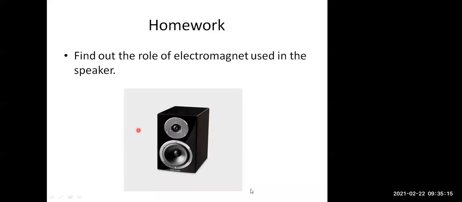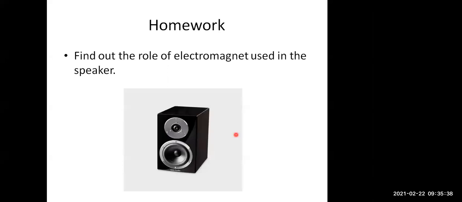Search on Google, find out the different parts which are used, and try to find how the property of electromagnet is connected to the speaker. What is the role of this electromagnet in the speaker? That is what you are supposed to find.